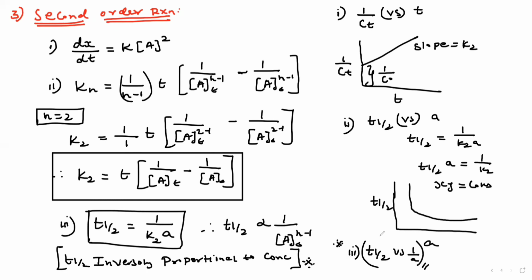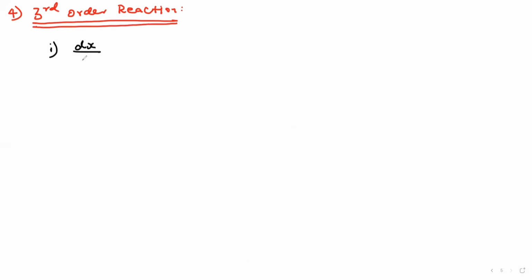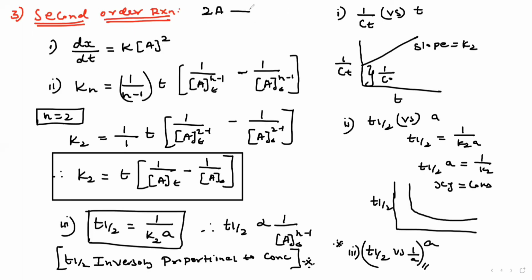I'm going to discuss the fourth one, that is called third order kinetics. Please note. The fourth one, very important, is the third order reaction. Same equation, you can derive it based on the general equation. First equation, please note: change in concentration with respect to time is equal to rate constant times a power cube. This equation, 3A gives product, we can apply for this only. Similarly, this equation, 2A gives product. Maximum this type of question is asked in the exam.